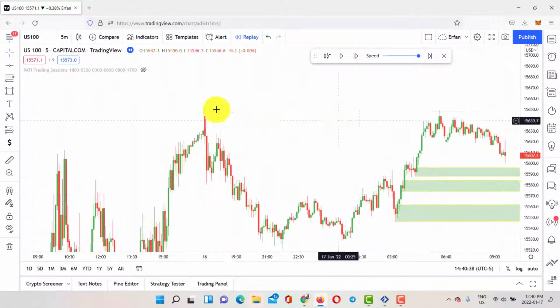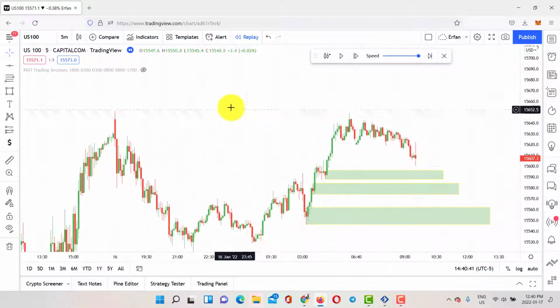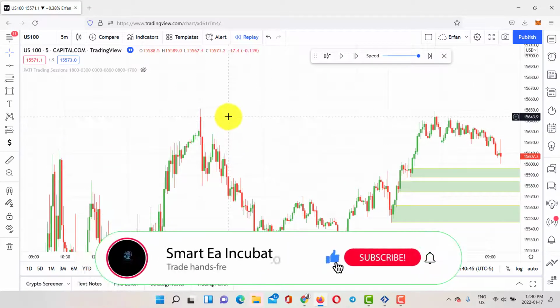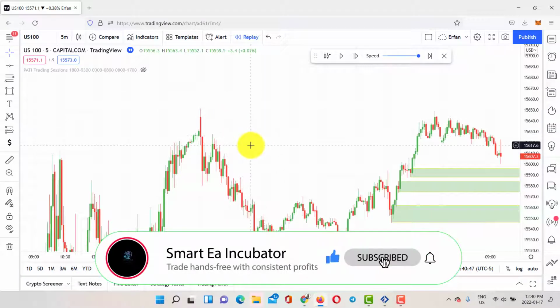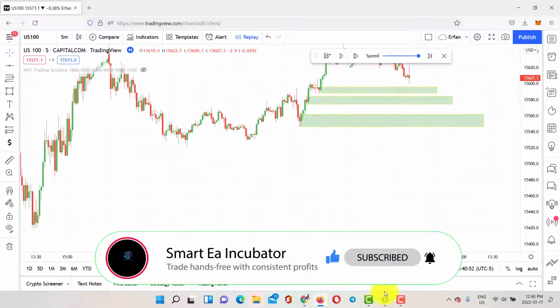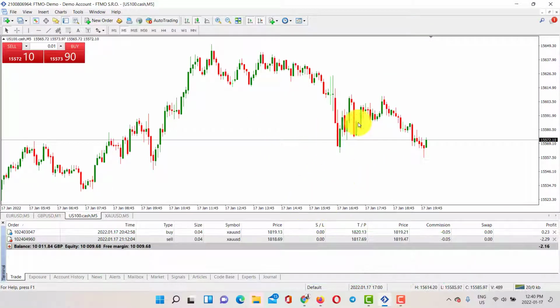In today's video, I'm going to show you some examples about buy limits and sell limits, or in general limit orders. I want to show you if they really work or not. If you don't know what buy limits and sell limits are, I can show you an example in my trading account. As you can see, I'm in a 5-minute time frame,